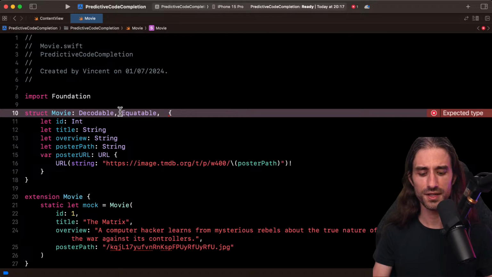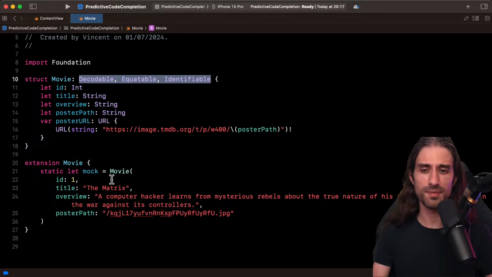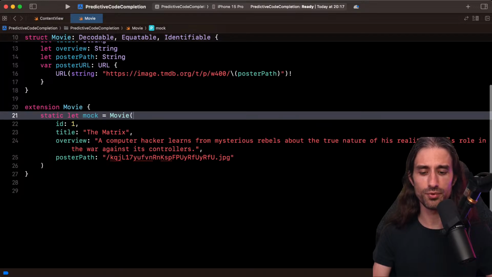But these things here, I don't blame it if it doesn't suggest it, because it's very intentional that I want to use Identifiable. And since I haven't written any SwiftUI yet, it might not be clear that I do need it from somewhere else in the code. So I'm less disappointed if it couldn't suggest them for me. I'm a bit disappointed that it didn't generate several movies, to be honest, but we'll see. Maybe it will improve over time.